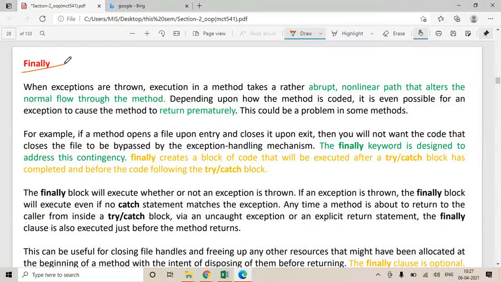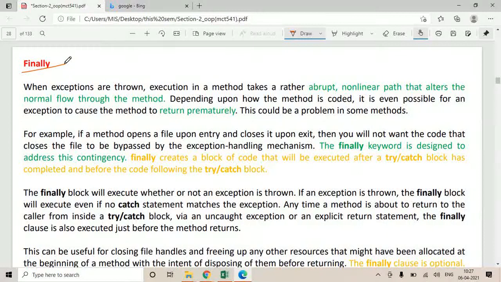Why? Because if your program runs normally, then also you want to close the file. If you have an exception, then also you will throw an exception. The catch block will handle that exception, but closing the file is necessary. So at the end, closing the file is mandatory. During running of your code, if some kind of internal problem is there, some kind of memory conflict is there, if your program gets terminated abruptly without giving a call to an exception handler, then also you want to close the file so that whatever data is there in the file must be preserved.